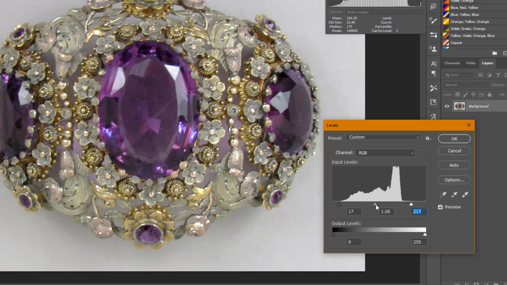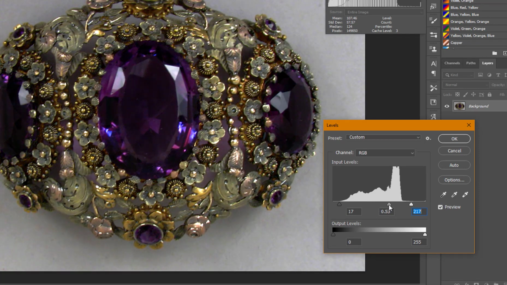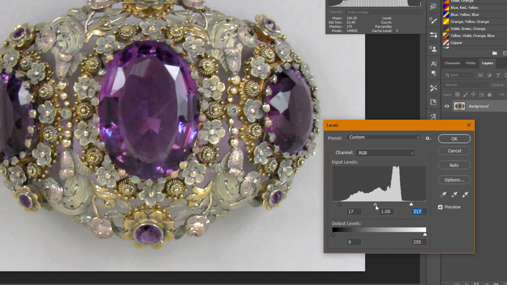And you can then adjust the gamma with the center slider. And just so you can see how this changes the image, you can darken the center or lighten it. And we want this to be approximately 1.1. And again, if you have an issue with the slider like I'm having, you can go ahead and type 1.1